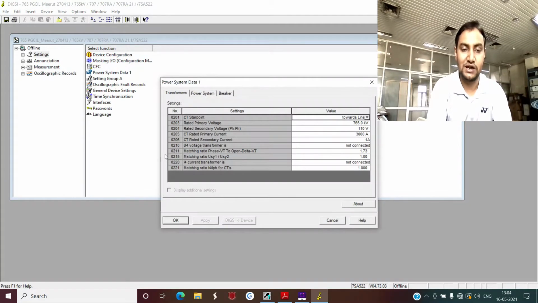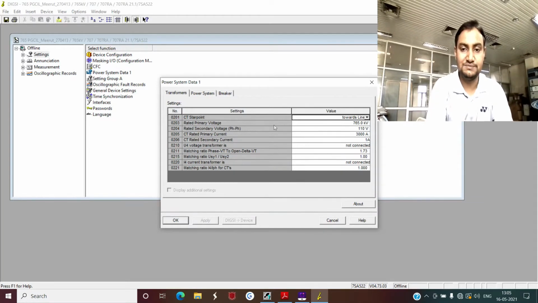In the power system data 1, what we generally see are the settings related to the CT and CVT. Like I have already explained in one of my videos, the CT star points, and kindly note that for any protection system, your CT star point must be made towards the protected object side.